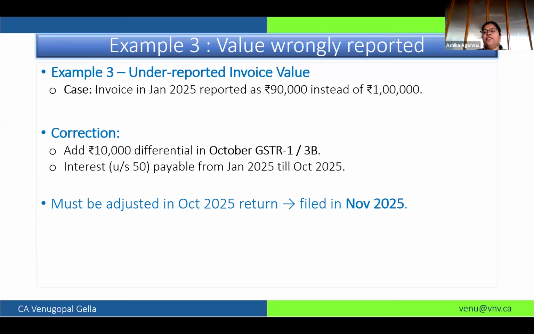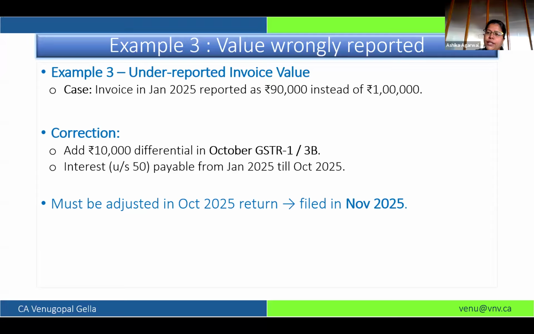Another example is a case of underreporting. Again, if you have underreported or overreported, you can correct those in the October month by using the amendment tables in GSTR 1. Whatever amendment you do, your liability will be decided accordingly. If you have overreported, then there will be an excess payment, so there will be no liability in GSTR 3B, and due to your amendment, your 3B liability based on your GSTR 1 will be automatically auto-populated with the net impact.